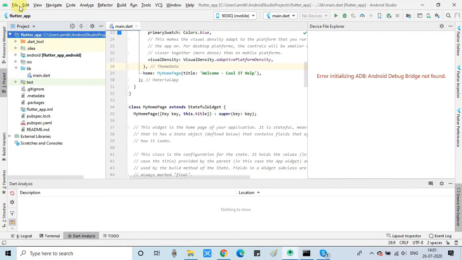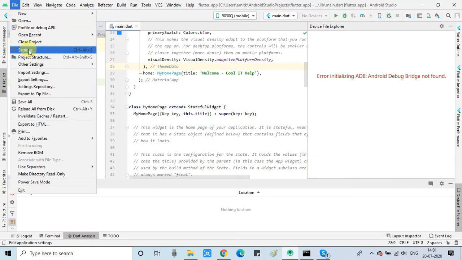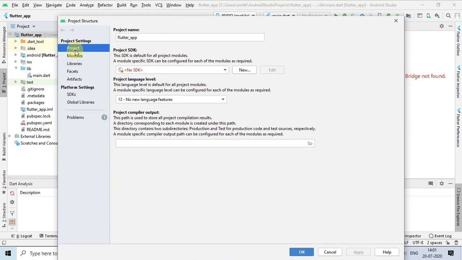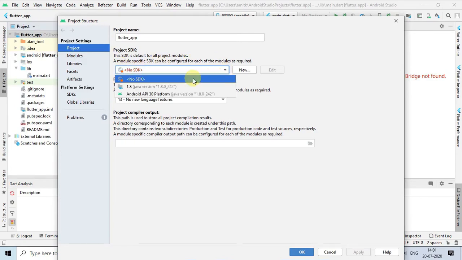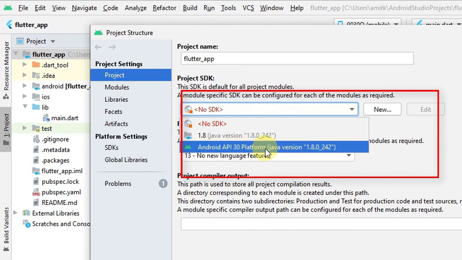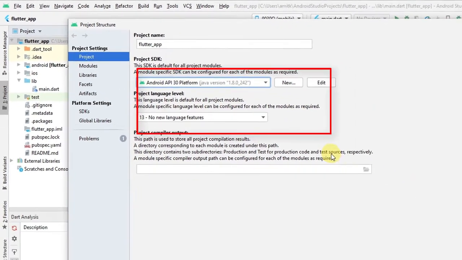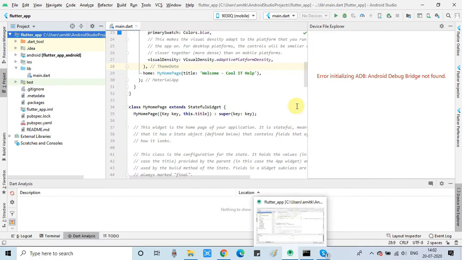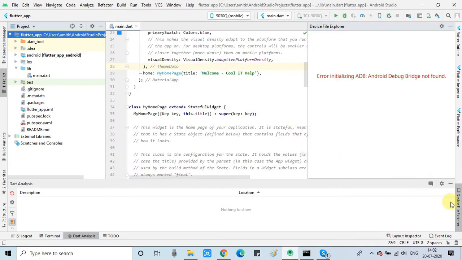So very first problem we have encountered, so go to the file menu and select the project structure, and in this window, in this project item, you can see the project SDK is not selected. So guys, just select this Android API 30 platform options and apply, then click OK.